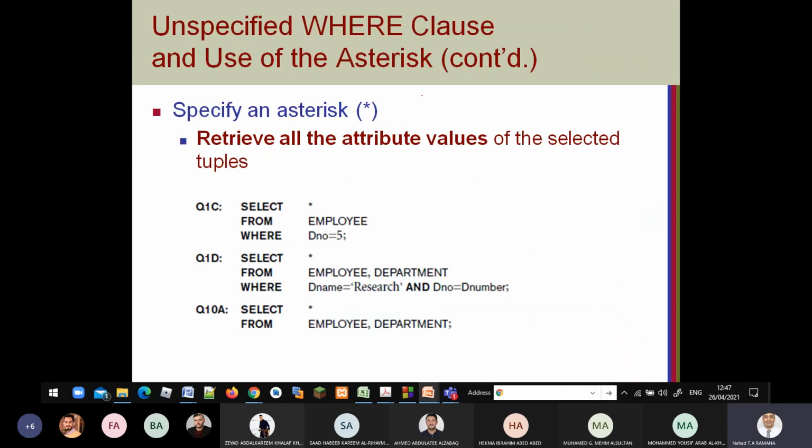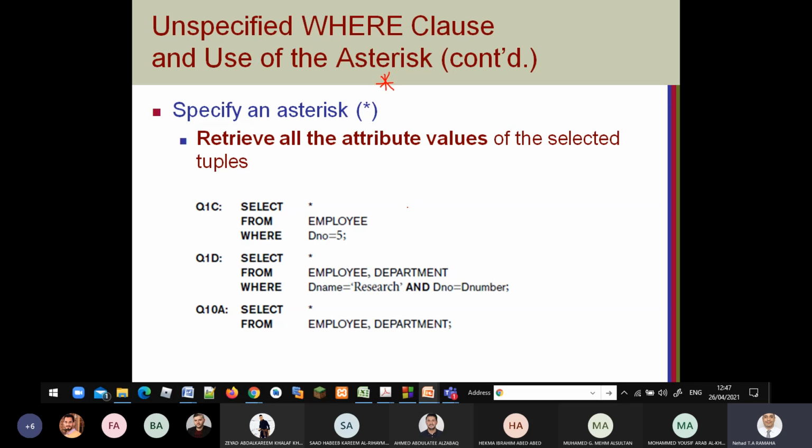About the asterisk or star, you can use it to retrieve all the attributes. So if I said I need all the employees from department 5, all employee information, I did not mention I need the name or the address.